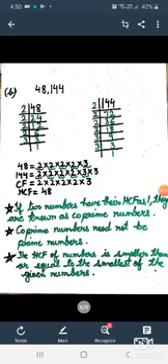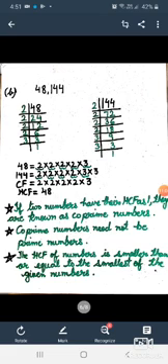Now let us find the prime factors of 144. Let us start with 2. After dividing 144 by 2, we get the answer 72. Now we will divide 72 by 2, we get the answer 36. After dividing 36 by 2, we get the answer 18. After dividing 18 by 2, we get the answer 9. Now we will divide 9 by 3. 3 threes are 9 and the answer is 3. Now again divide 3 by 3, the answer is 1. So the prime factors of 144 are 2 into 2 into 2 into 2 into 3 into 3.